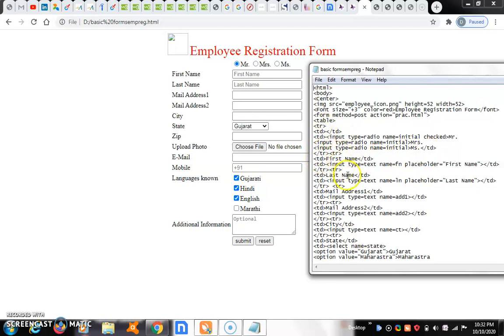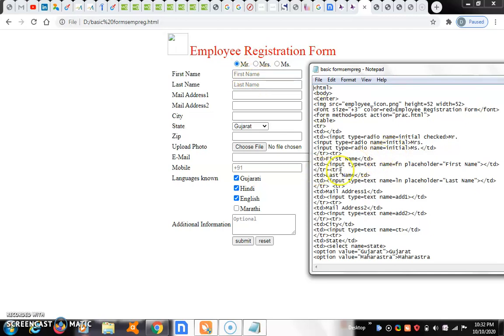Then TR opens, and next starts with first name within the text box: input type equal to text, name equal to fn, placeholder equal to first name.